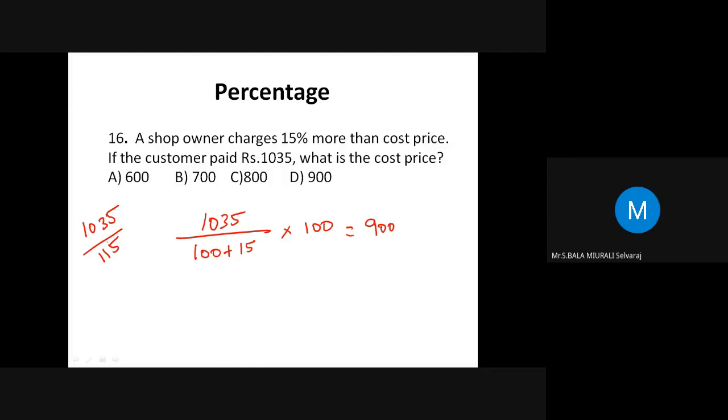So what is 10 times of 1150? Just an approximation method. 115 into 10 times? 1150. So 1035 is less than 1150. The next possible number I can check is 9. It exactly cancels by 9 times. Okay, sir. That's all.